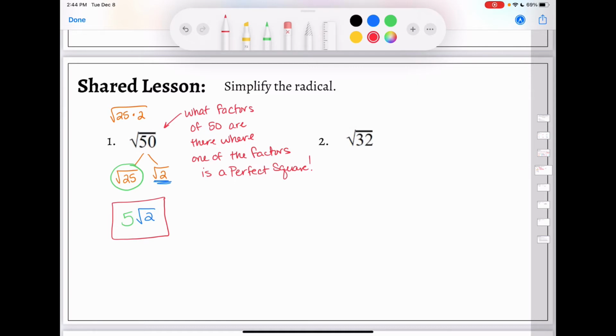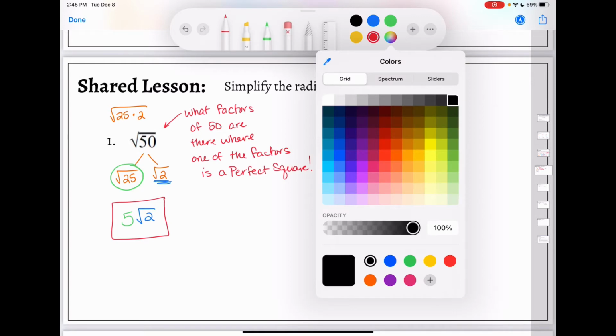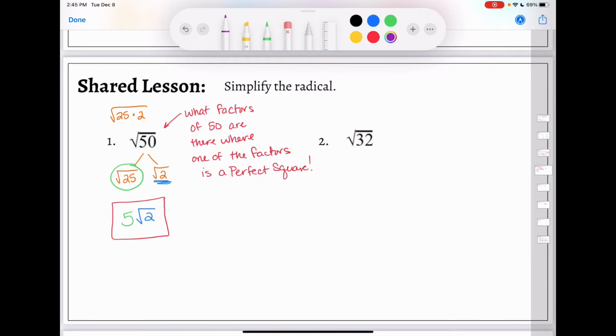So let's go look here at number 2 then. The square root of 32. Find the factors of 32 where one of them is a perfect square, and then simplify as much as you can. You can pause your video here and see if you can do this one. All right, so if I look at 32, I would say that my factors of 32 are going to be,